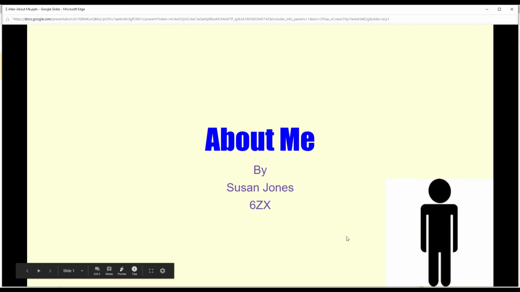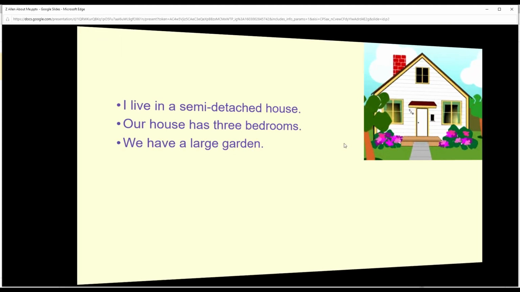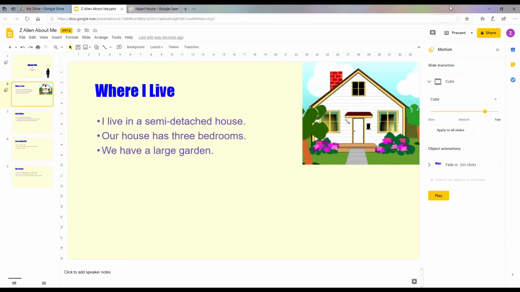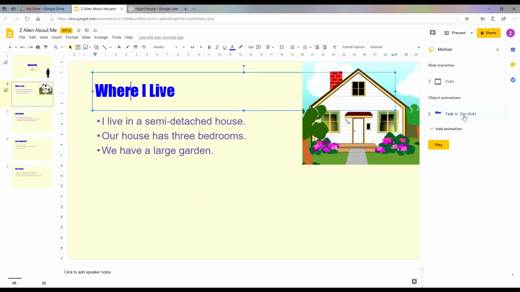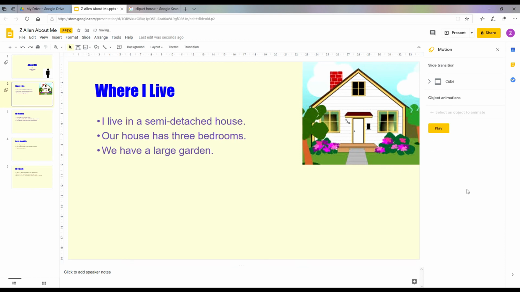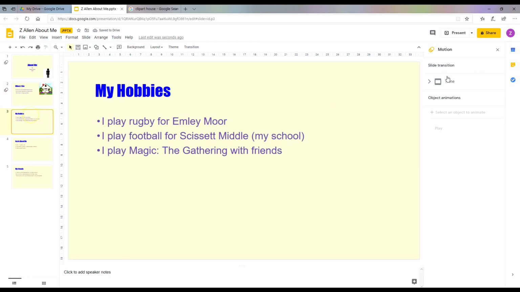So there's the animations that we put in. We click the slide and it will just go directly onto our next one here. So I just need to work with that animation there because that's a little bit late. So press Escape and we've got that object animation there. That'll be the reason why. Just click the trash can icon there so that we've just got the cube effect, and then you can add